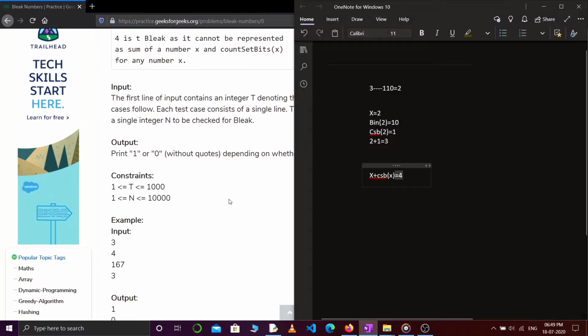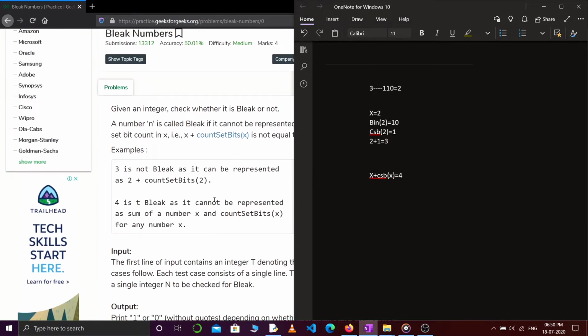How is this going to help us? In the problem we have to check whether x plus count set bits of x is equal to n or not. If it is equal to n, then we'll say it is not a bleak number, otherwise we'll say it is a bleak number.